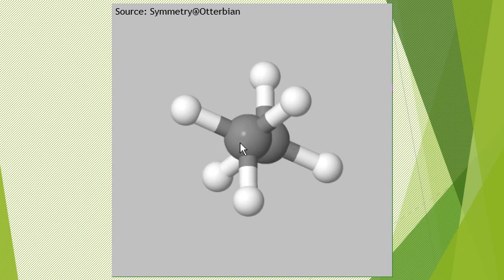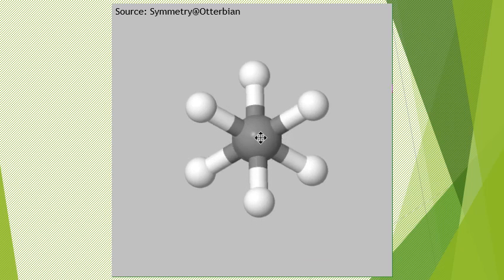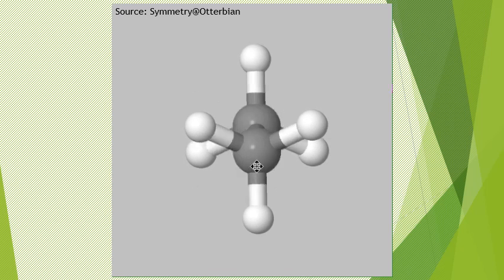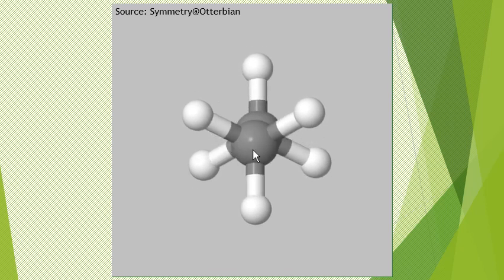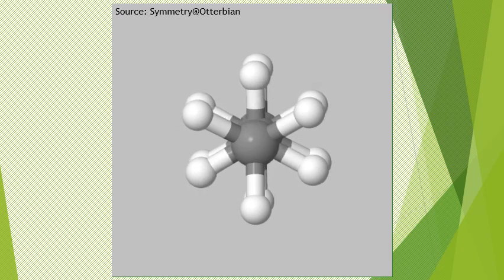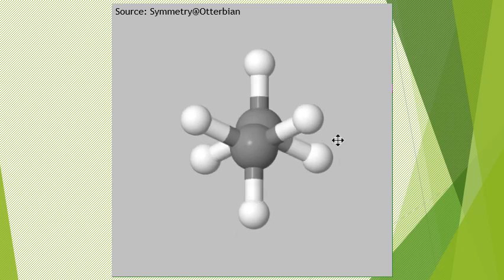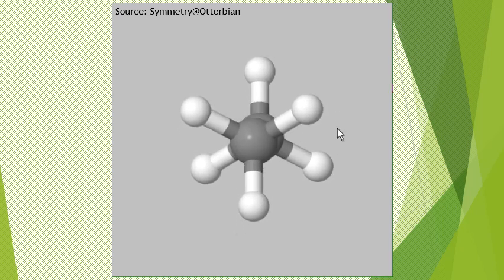So the S6 axis is collinear with this C-C bond. When I view this molecule along the C-C bond, that S6 axis, it may not be possible for me to show that, right? Okay, now what I perform is the S6 operation, S6-1. So that is simply rotation of the whole molecule by 60 degrees followed by reflection in the perpendicular plane. See, observe it here. The total molecule has taken a 60 degree rotation followed by reflection, which has resulted in identical orientation, right?